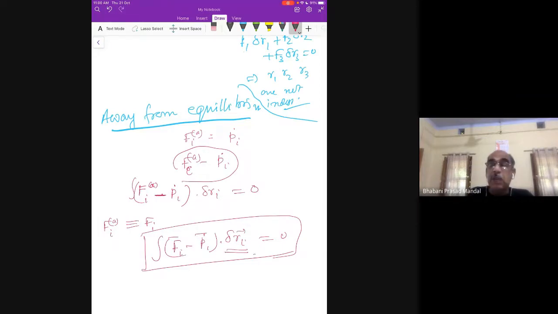In the next class, in Saturday's class, we'll start from here, and we'll assume that not all r are independent, but there are generalized coordinates q1 to some qi, those are independent. When we express this D'Alembert's principle in terms of generalized coordinates, we'll get an equation of motion similar to the Hamilton's principle equation of motion. So in today's class, we explained D'Alembert's principle. In next class, we'll consider this principle and find the equation of motion.